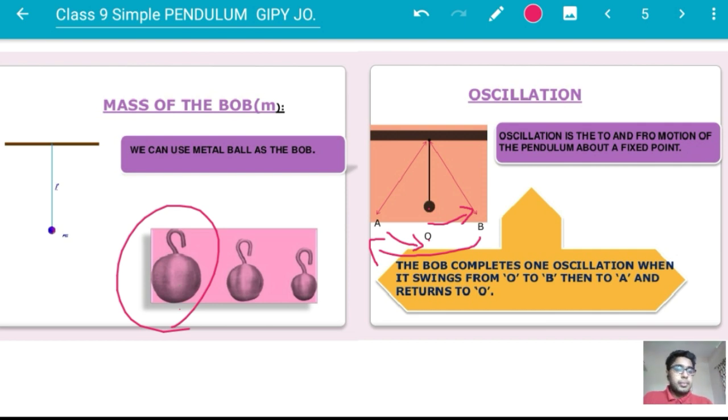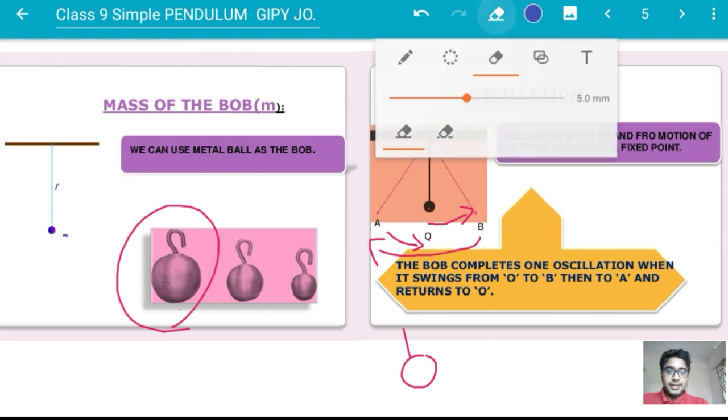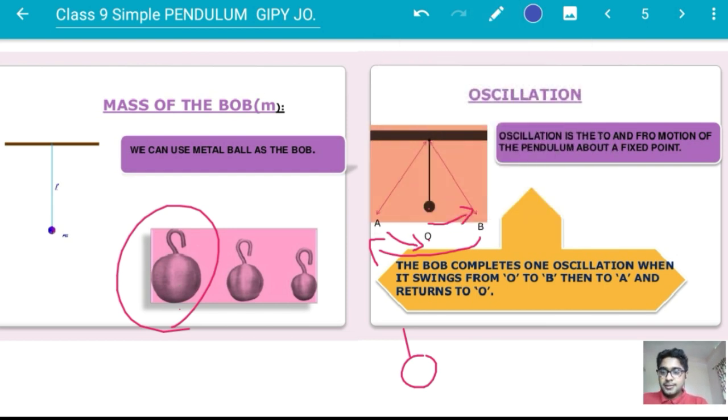And one more thing, for your simple pendulum, it's not necessary that the bob should always be spherical. It can be of any shape. And what makes this pendulum simple is that you have only one bob. As you could see on the left side of the screen, there is only one bob. But if I attach one more bob to that, like this, now the thing is becoming complex. If there are more attachments to this, it will become more and more complex. So with just one bob, you call it the simple pendulum.